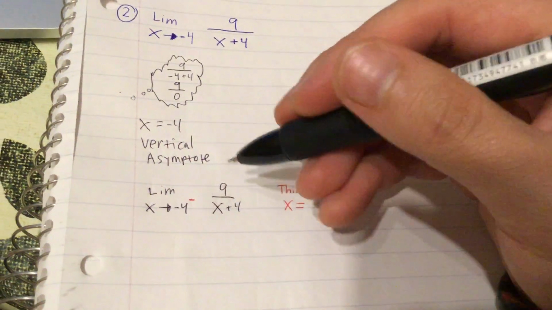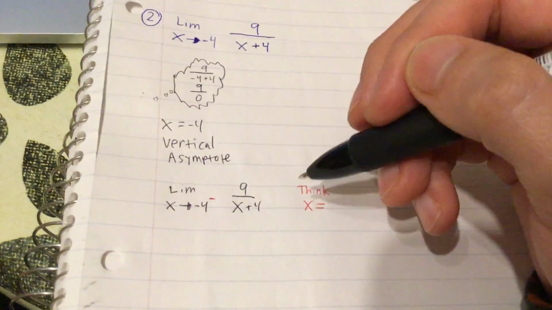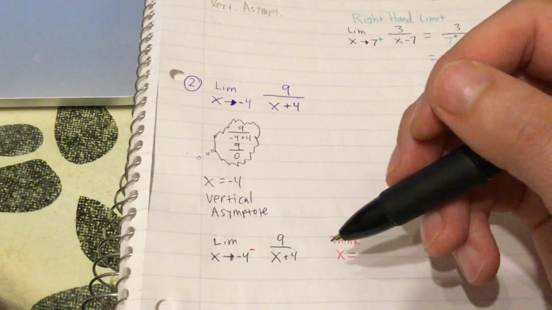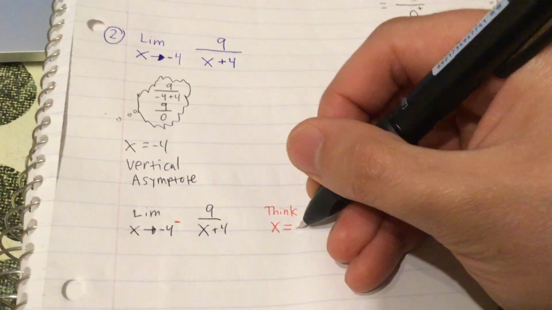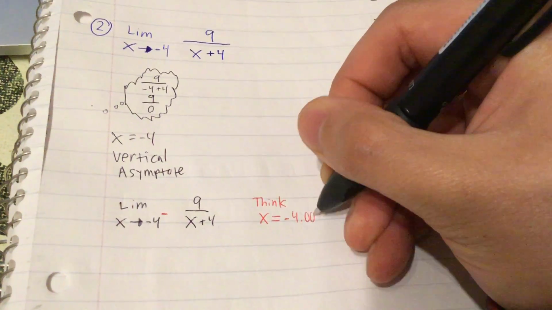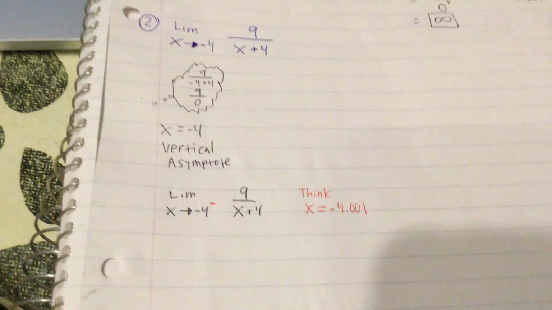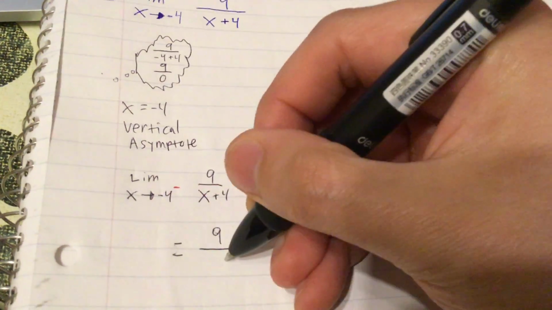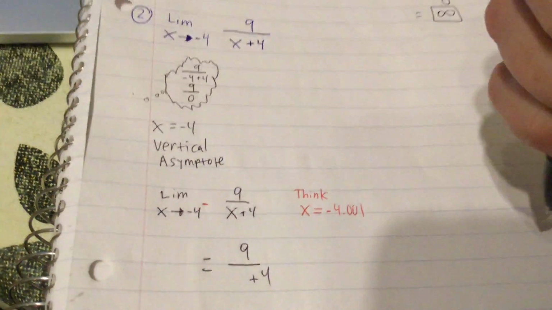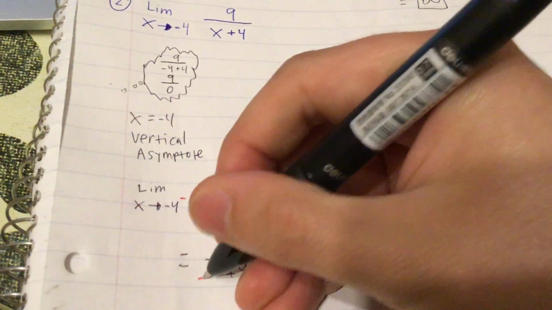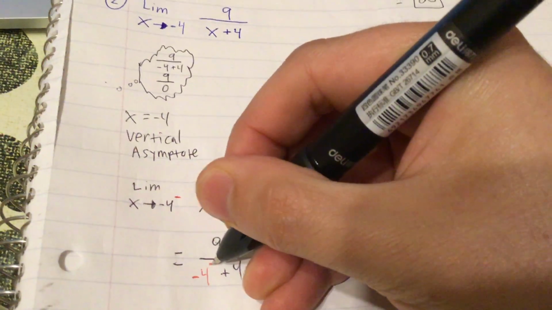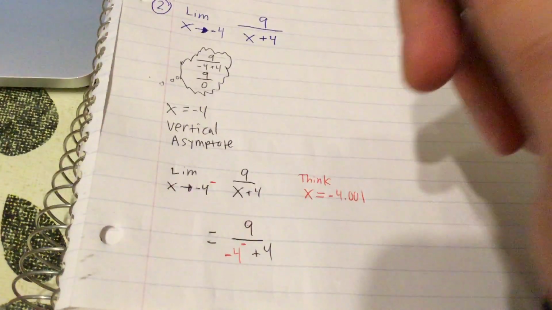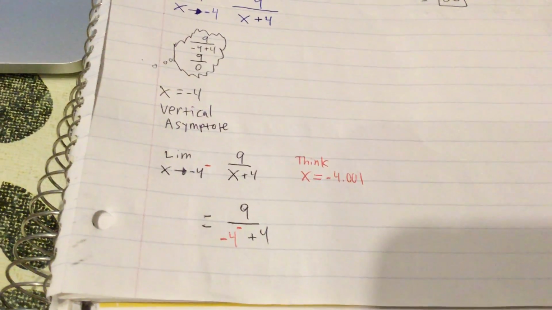x equals, so what's the left side? So remember, be careful, we're in the negative world. What is barely under -4? I like to go with -4.001. So once again, I'm plugging in 9 over -4 from the left side. I know it's a little bit confusing, so that's why I use color. So if I were to go -4 from the left side,